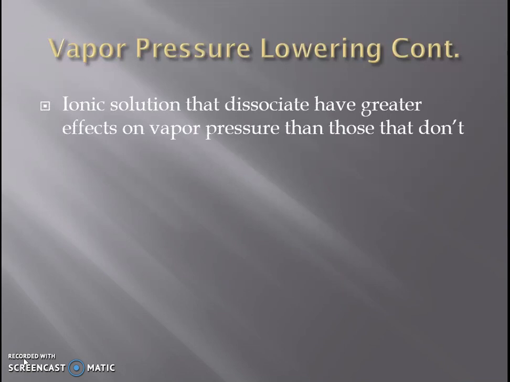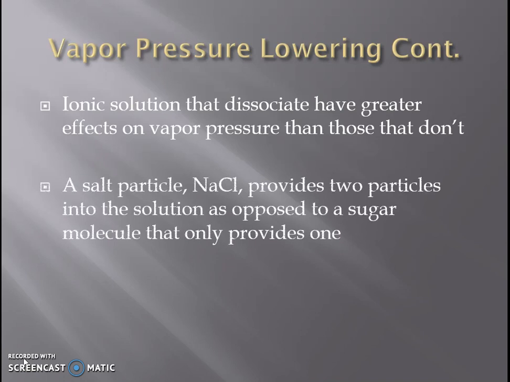because when those ionic compounds go into solution, they dissociate. So in sodium chloride's case, where it's going to dissociate into a sodium ion and a chloride ion, you're actually getting two particles for every one that goes in, and it has a much greater effect on how the vapor pressure is lowered. Sugar molecules, on the other side, being molecular, break apart just molecule by molecule. You're not getting extra particles going to solution, so it's a 1-to-1 ratio, not having as great an effect on